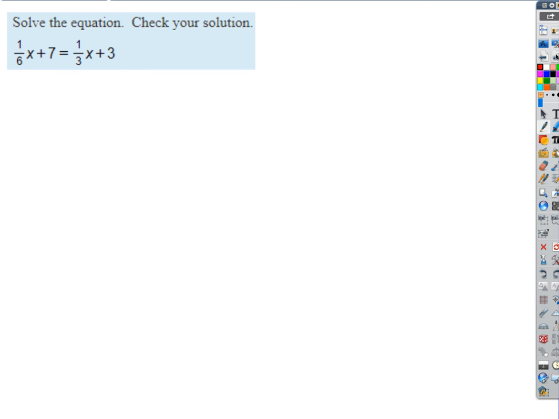So what do you recommend here? I mean, we could go through the same steps we did before, where we could just push the x's to one side and the numbers to the other side. Better idea. Yes, sir? Multiply the entire equation by 6. Yeah. Okay, so this is the trick, right? We call this clearing the fractions. So before we do anything,